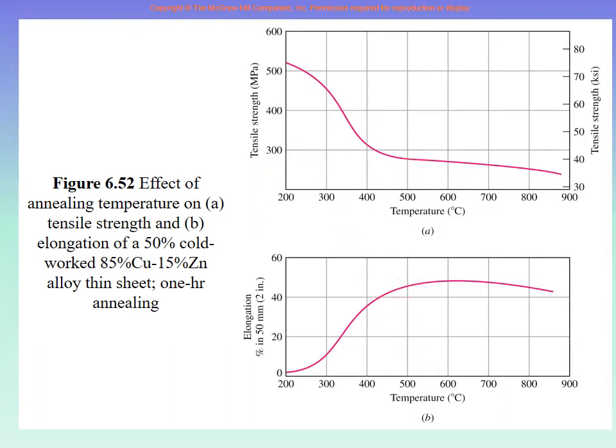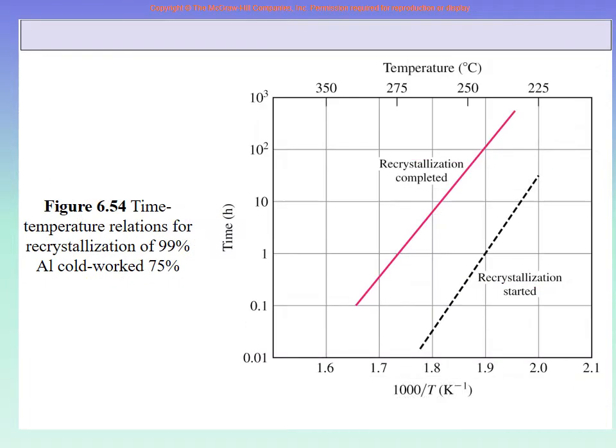So this will always happen to all of the general alloys, that when you do annealing, if the annealing temperature is higher, the strength will be lower, the ductility will be larger. Here it is something else. You see, in the previous one, we were holding them for 1 hour in the furnace, at 200 Celsius, then we hold at 300 Celsius, then we hold at 400 Celsius. So there we were holding for the same amount of time in the furnace, but we were changing the temperature.